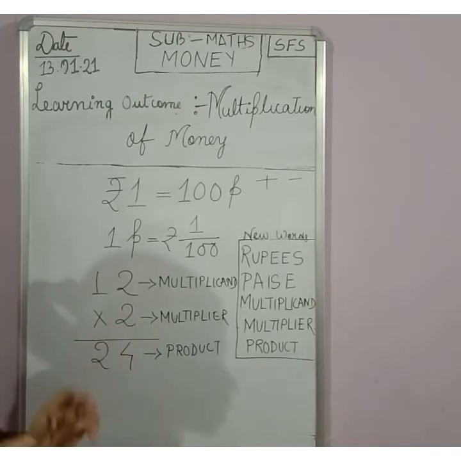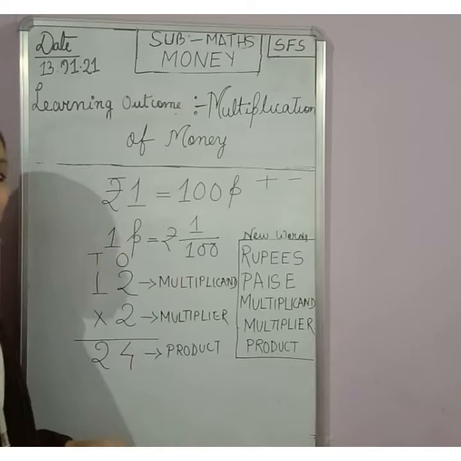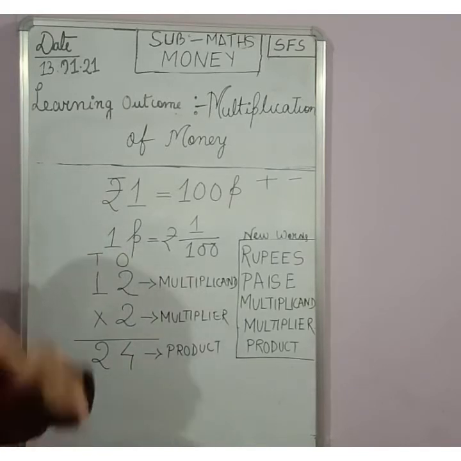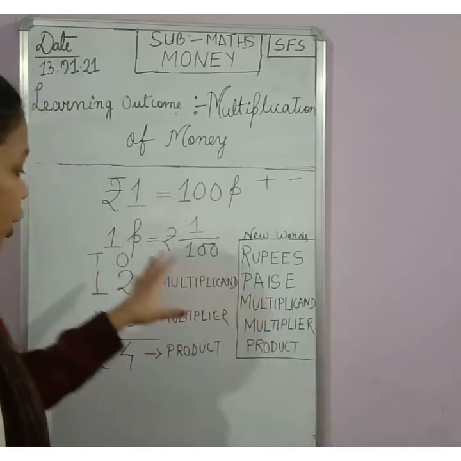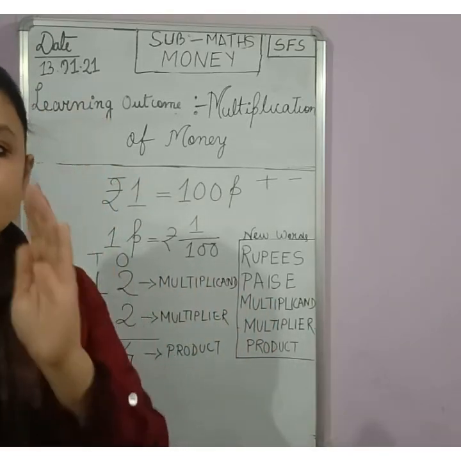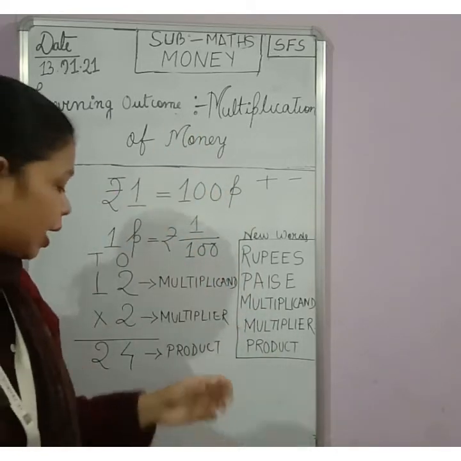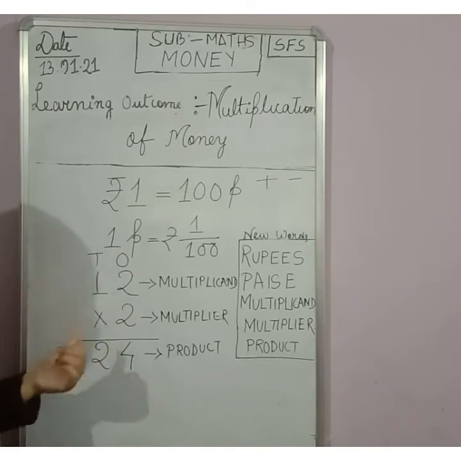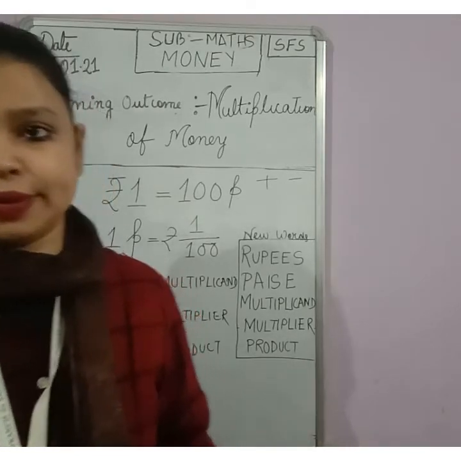Now in the chapter multiplication, we also had place values, ones and tens. But in addition and subtraction of money, we learned that we don't use ones and tens as the vertical columns. We use rupees and paise when we have to multiply money. A cross sign is used as the sign for multiplication. So let us take an example where we have to multiply money.